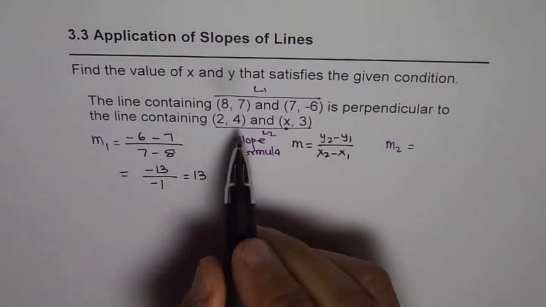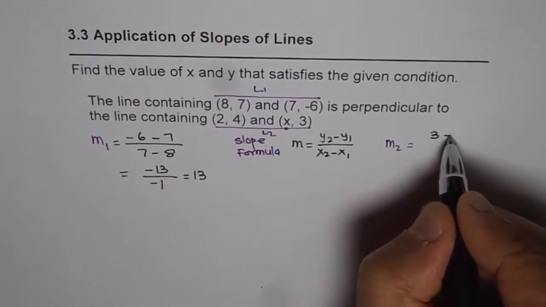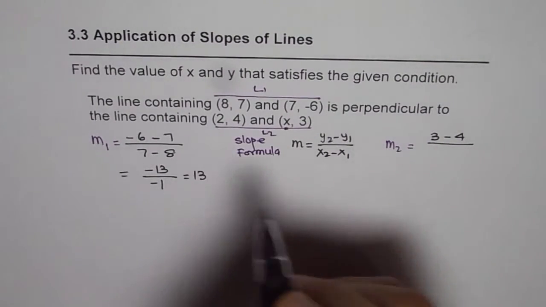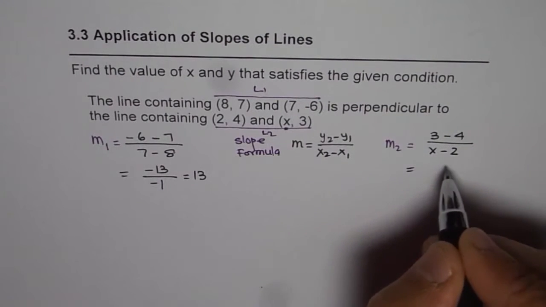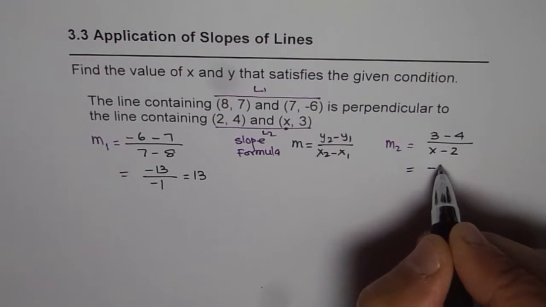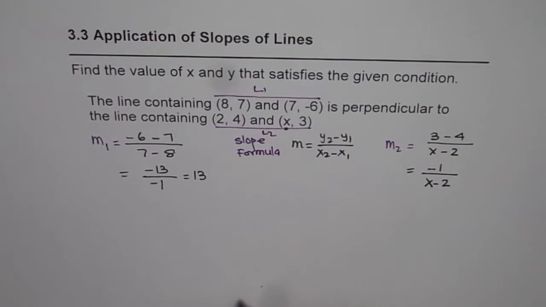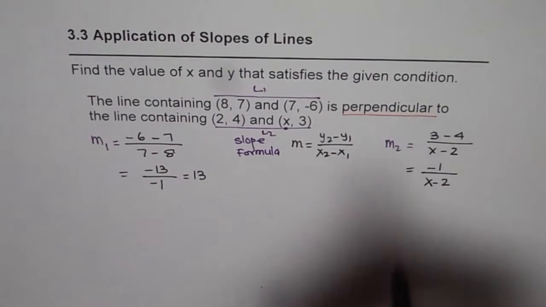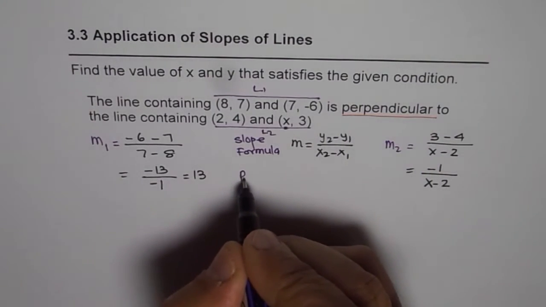Now let's find the slope of the second line, which is (3 - 4), y2 minus y1, and x2 minus x1, which is x - 2, which is equal to -1 over x - 2. Now what are we given here? We are given that these lines are perpendicular, correct? So we can apply the postulate